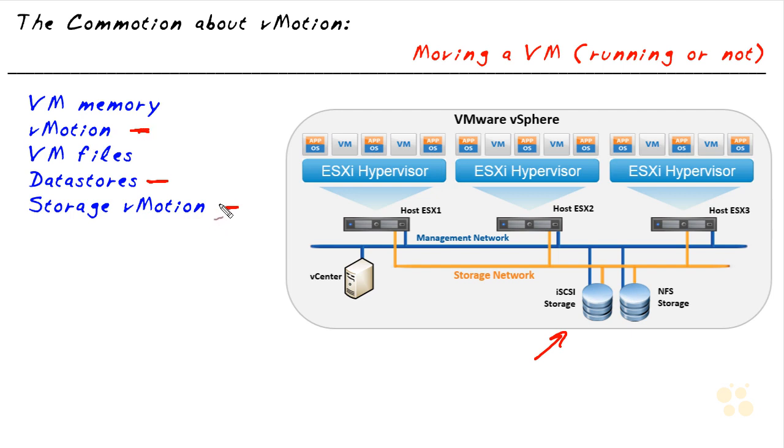Storage vMotion is the process of moving the location for a virtual machine's files from one data store to another. And anytime we do vMotion, whether it's vMotion of the state of a virtual machine or storage vMotion, we want to make sure we have plenty of bandwidth available for those functions so they can complete in a timely manner. DRS is the Distributed Resource Scheduler that uses vMotion, and it does that to balance the load of virtual machines across our existing ESXi hosts. And Storage Distributed Resource Scheduler does that same type of functionality, but related to the data stores. It can evenly distribute the files for our virtual machines across the data stores that are inside of our vSphere